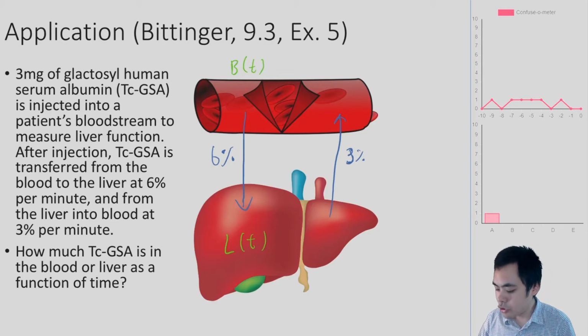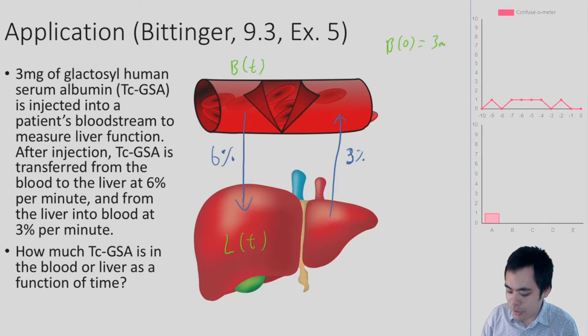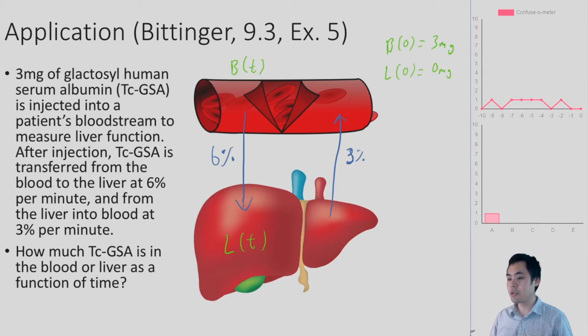Initially, so we know our initial conditions. Initially, the amount in the blood, B of 0, is equal to 3 milligrams, because we injected that in. And we know that initially, the amount in the liver is 0 milligrams. Okay, so those are our initial conditions, and we can write this out as a